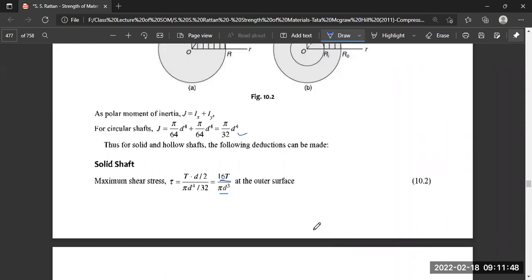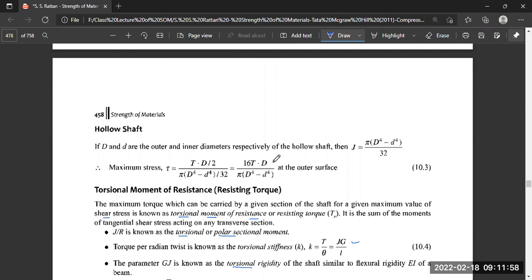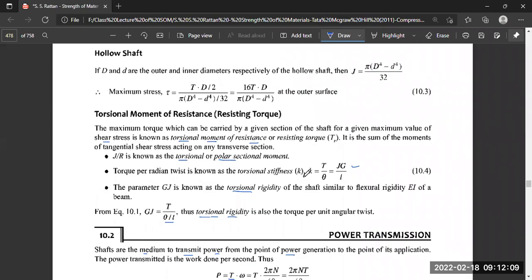For the solid shaft, the shear stress from this torsion equation is equal to 16T divided by pi d cubed at the outer surface. For a hollow shaft, this becomes 16 T D divided by pi times capital D to the power 4 minus small d to the power 4, where capital D is the outer diameter and small d is the inner diameter. Now, there are some more definitions which we have introduced, which is defined